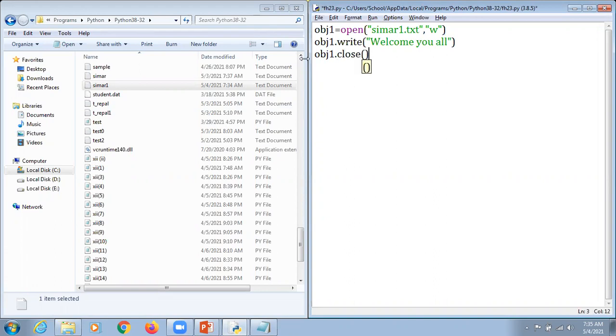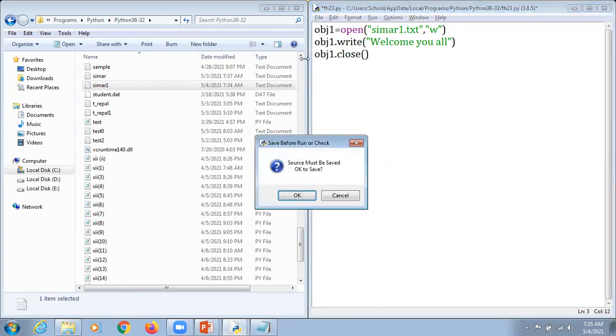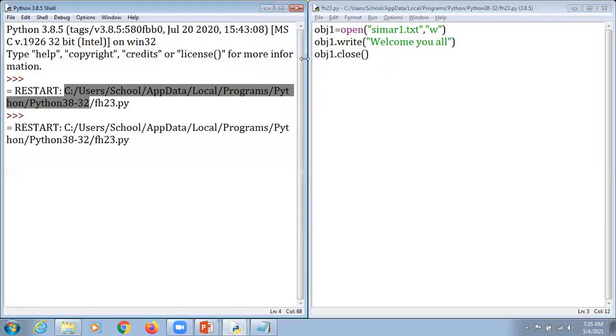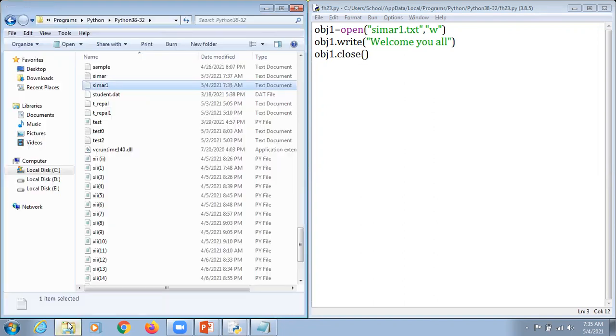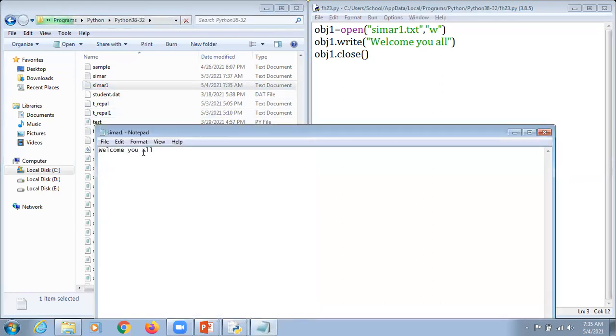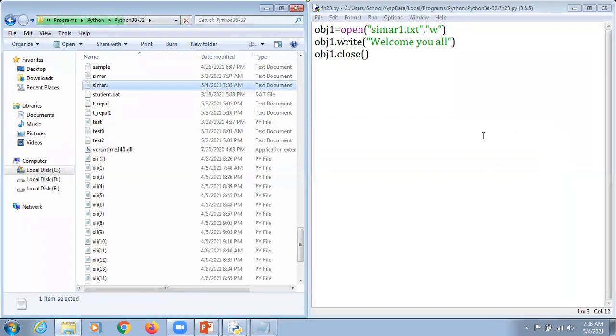Kindly concentrate. It's very much important here. I'm going to hit F5 and hit the enter key here, my dear respected students. Again it works. Now, when we open the file, because this is the previous one, I'm going to close this and click on simar1 here. Now the content is written here as "welcome you all". It says that without a close function, we are not supposed to write the content from a buffer to secondary storage. Now, sir, you are talking about a flush function, but now you are talking about close.